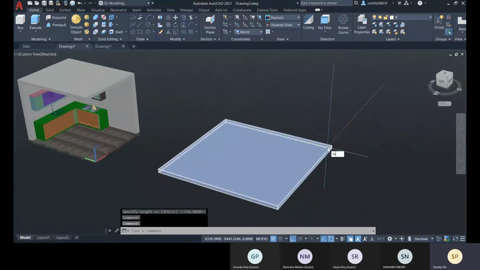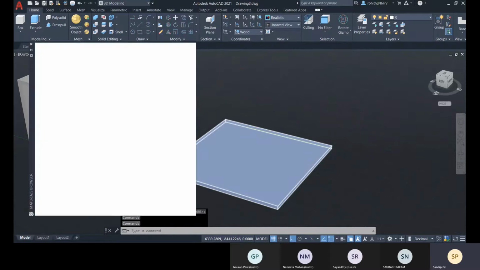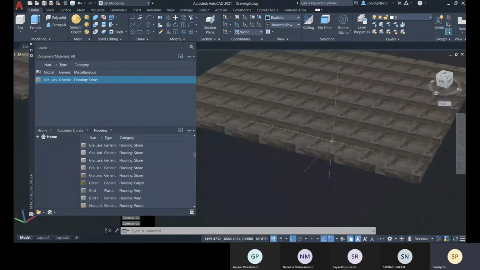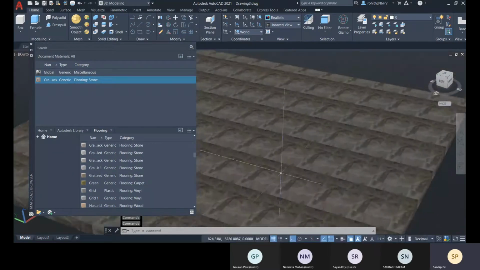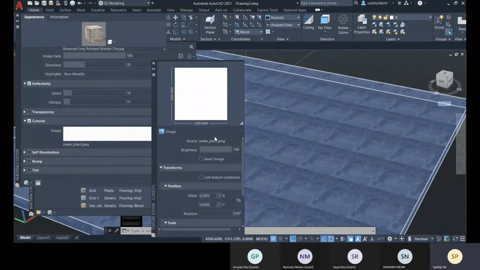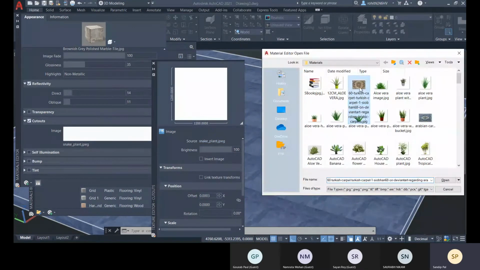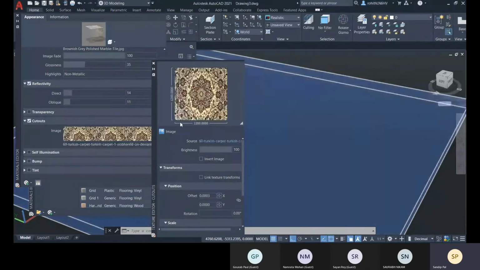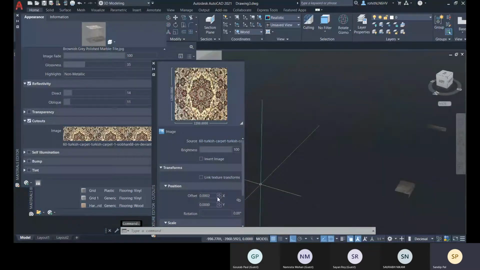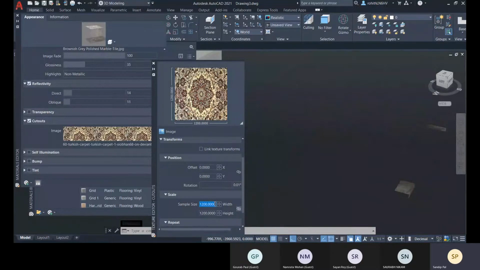Okay, so for material, you can type MAT or open the material browser. So this is the stone there. So that much part will be cut out. So let me choose 600.